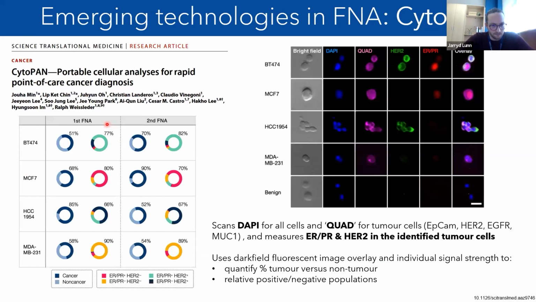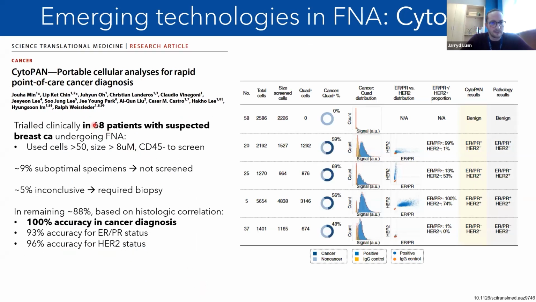And so what the study group showed multiple things, but they used different stains. They used a dapi stain to stain the nuclei. They used a stain called Quad, which stained for EpCAM, HER2, EGFR, and MUC1, as well as ER and PR, in order to classify the cells that were extracted into the classic molecular categories of breast carcinoma. And so they trialed this in 68 patients with